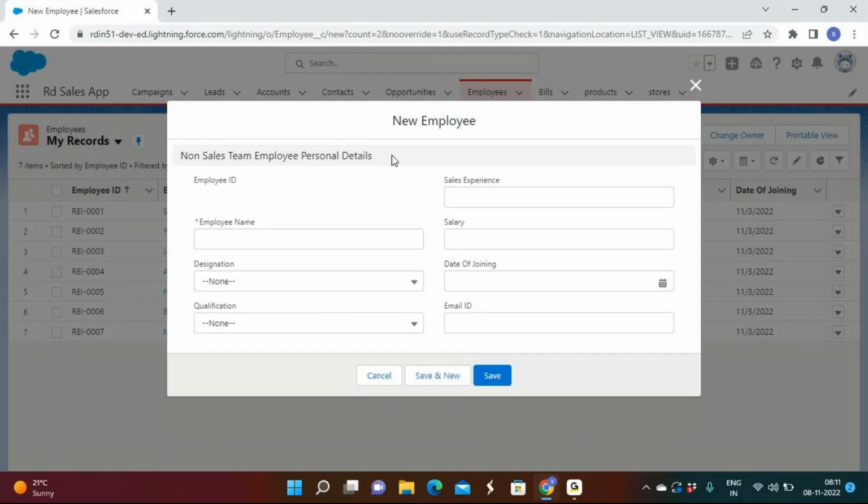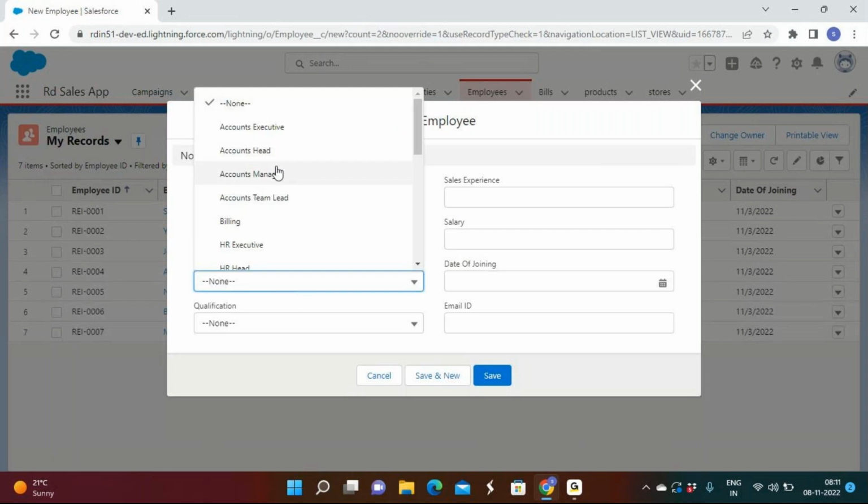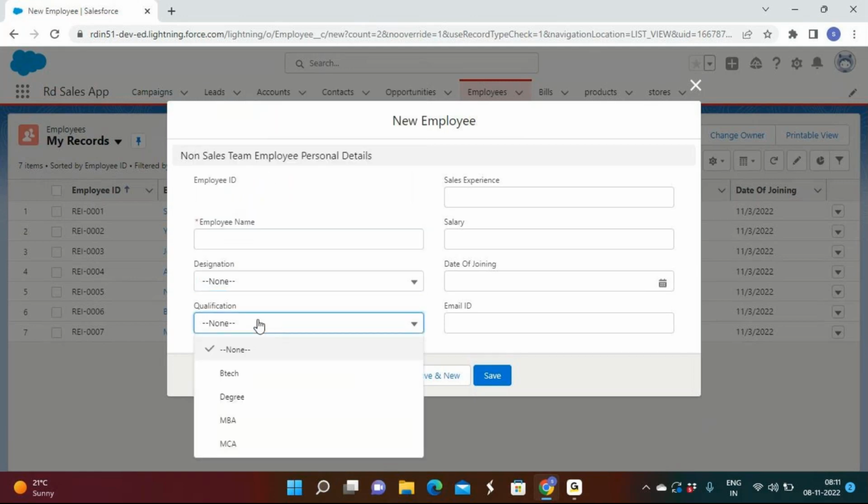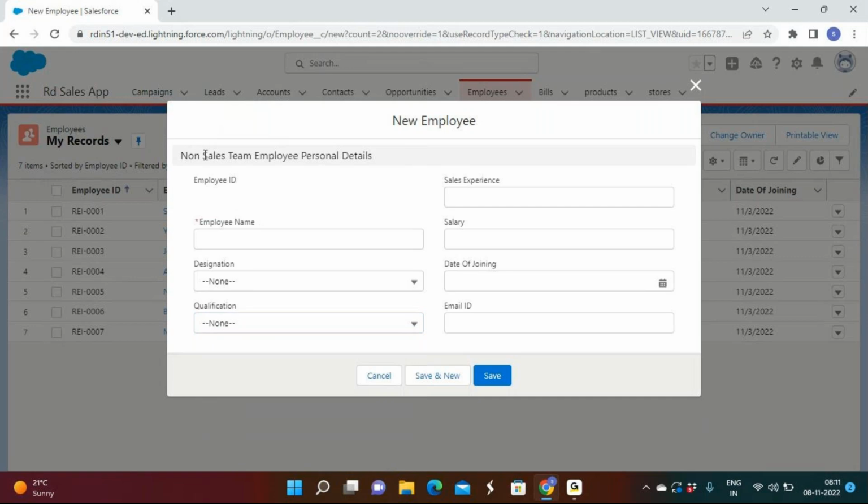Since it is the non-sales team, when I select the designation I want to see only non-sales designations. I don't want to see sales related designations. In the qualification also I want to see BTech and MCA. Whereas when I'm trying to create a record for people who join the sales department,